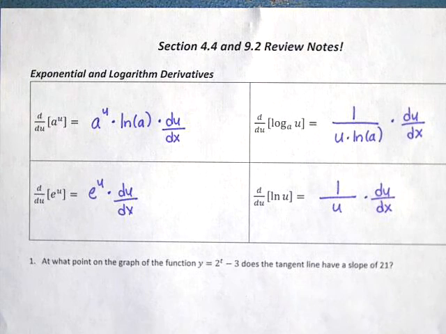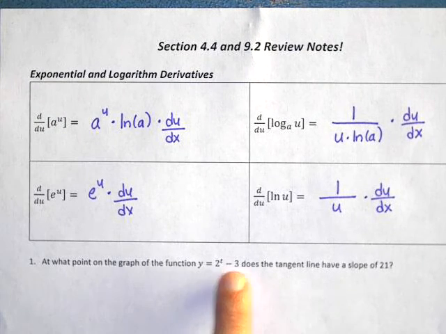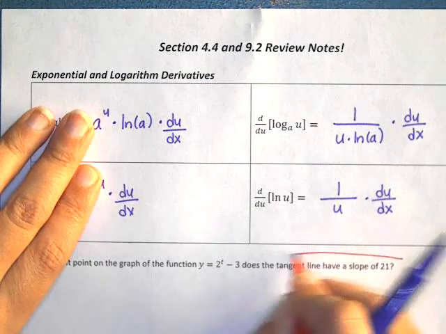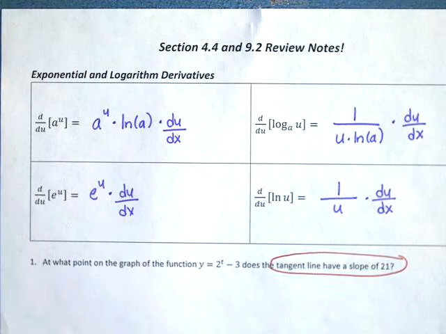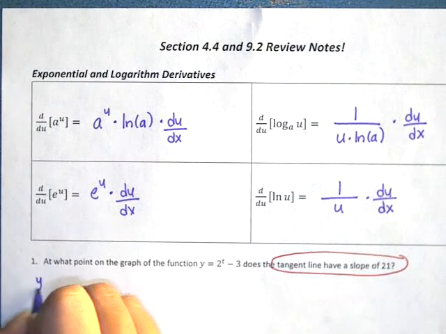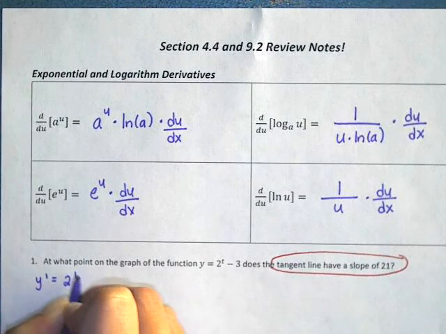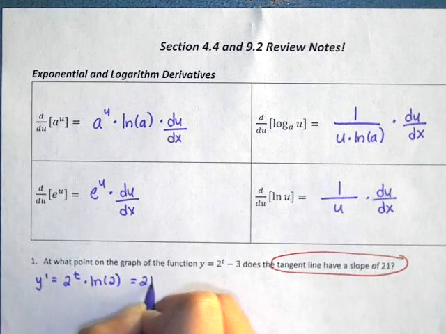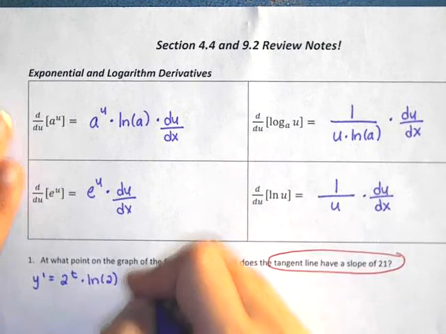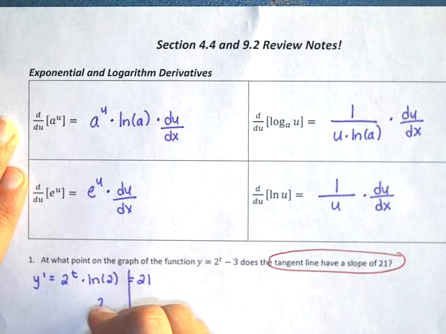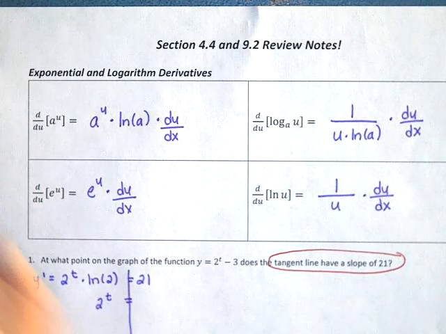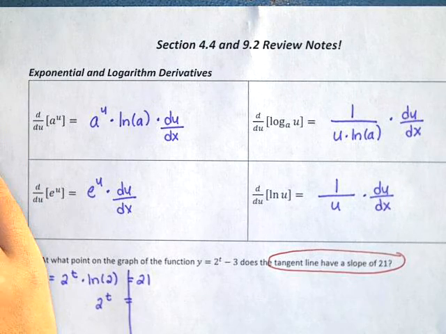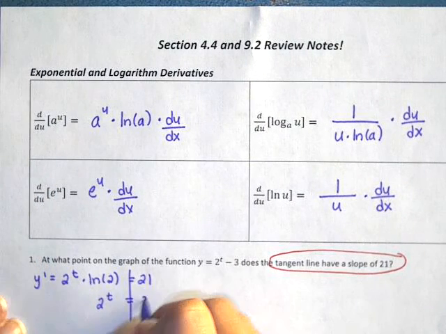At what point on the graph does the tangent line have a slope of 21? If we're talking about the tangent line having a slope of 21, we need the derivative. The derivative would be 2 to the t times the natural log of 2. And we want to know where that equals 21. So to solve this, I'm going to divide by the natural log of 2. So I get 21 divided by the natural log of 2, and I am using my calculator for this,